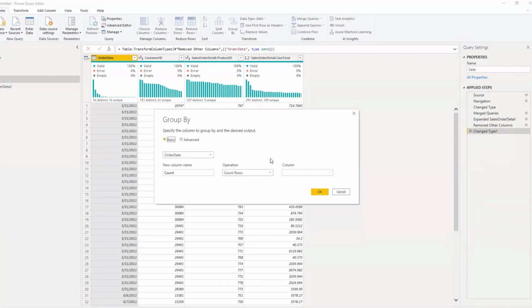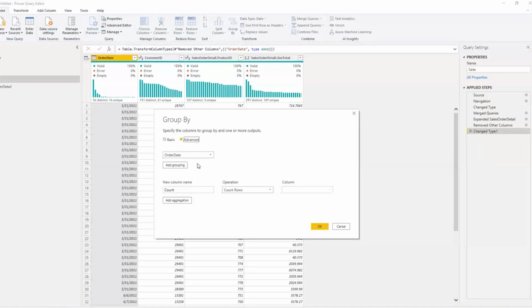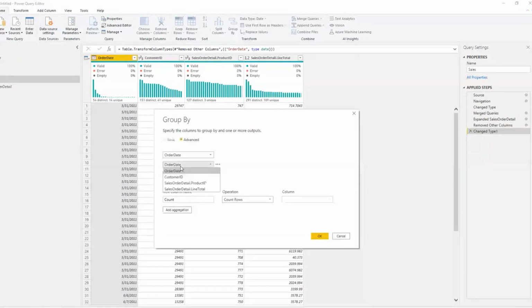Basically, this is similar to a group by in SQL. You use an aggregation, and you aggregate the columns and reduce the number of rows, so that it will be highly optimized and at a specific level of granularity. So that's what I'll be doing now. I have these group by settings in here. So I click on the advanced option, and in the advanced option, I would just add the required groupings.